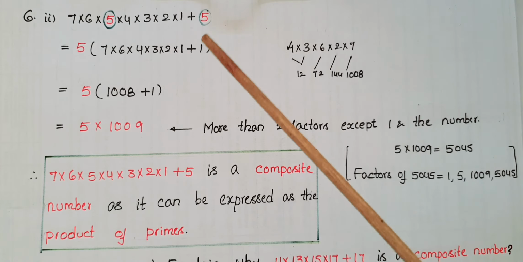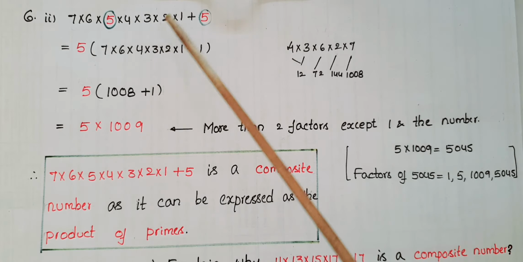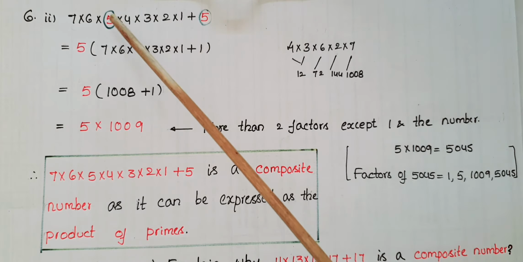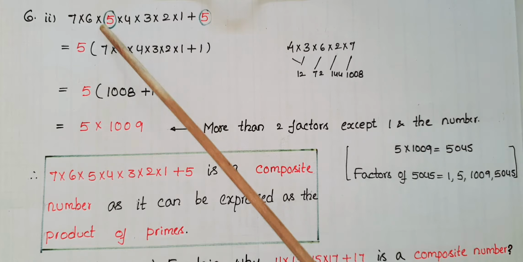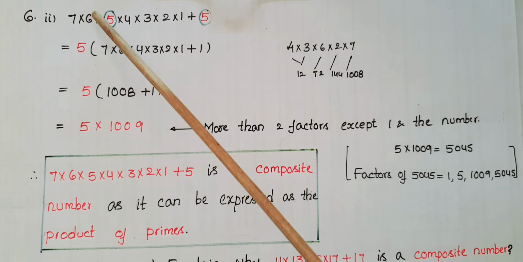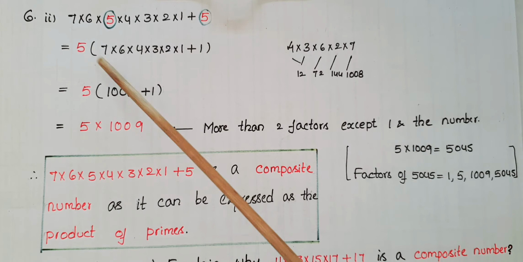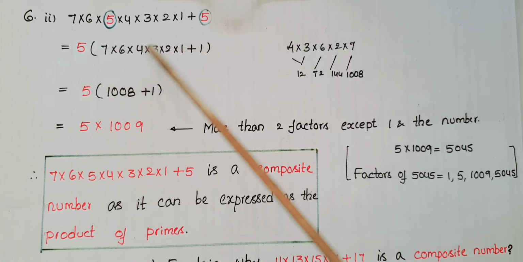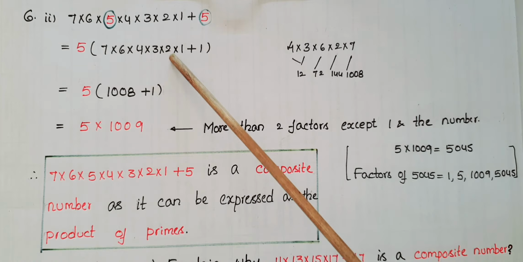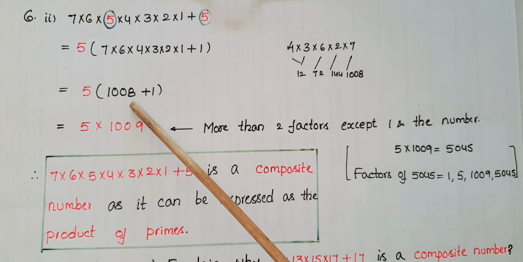Next one is 7 into 6 into 5 into 4 into 3 into 2 into 1 plus 5. So here in these two terms 5 is common, so take out 5 into 7 into 6 into 4 into 3 into 2 into 1 here plus 5 into 1, so 5 into 1. Then multiply these values. 7 into 6 into 4 into 3 into 2 into 1 is 1008, plus